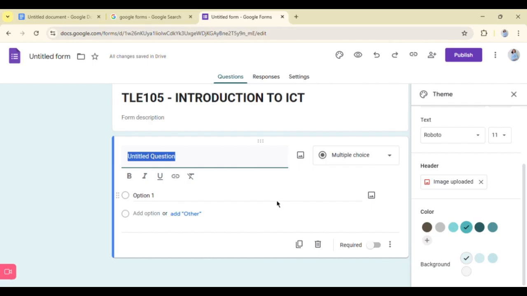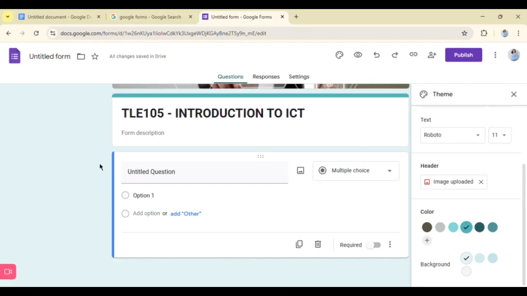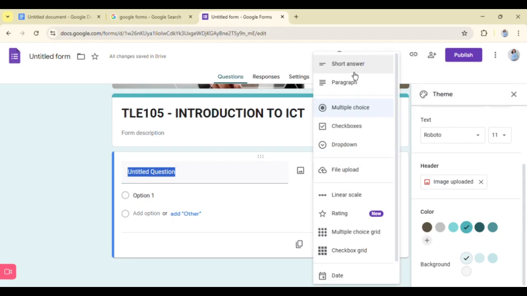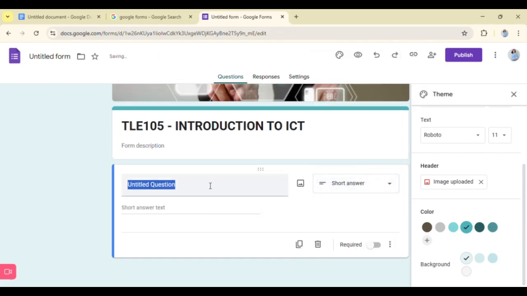teachers or as people who are making Google form, hindi ka gumawa ng Google form para maging radio DJ na parang ganito, from anonymous, the answer is blah blah blah. Hindi, di ba? So, ang gawin mo, gumawa ka ng isa pang tab at multiple choice ito. Gawin nating short answer. Kasi short answer lang naman ang email address.